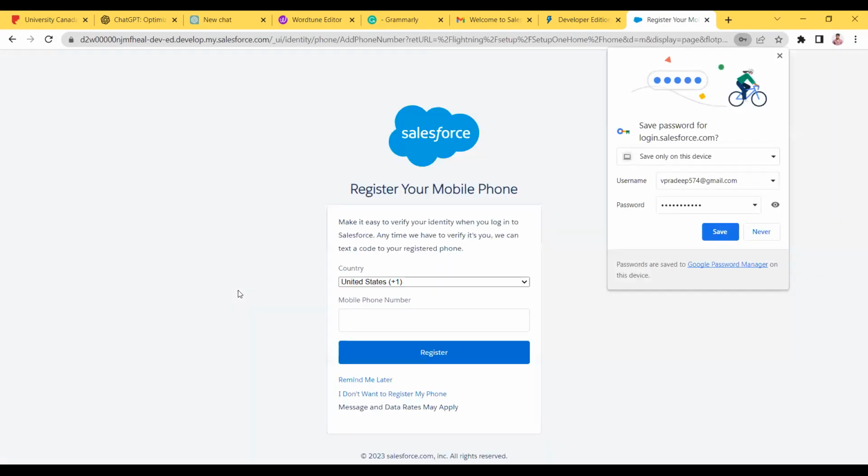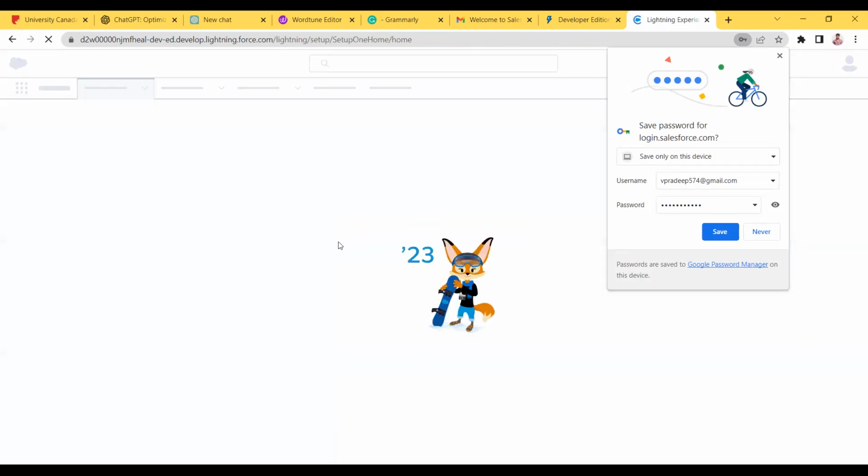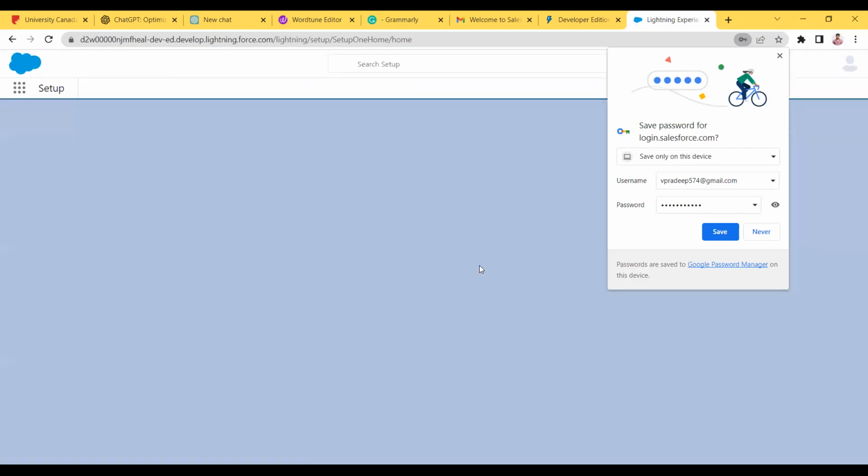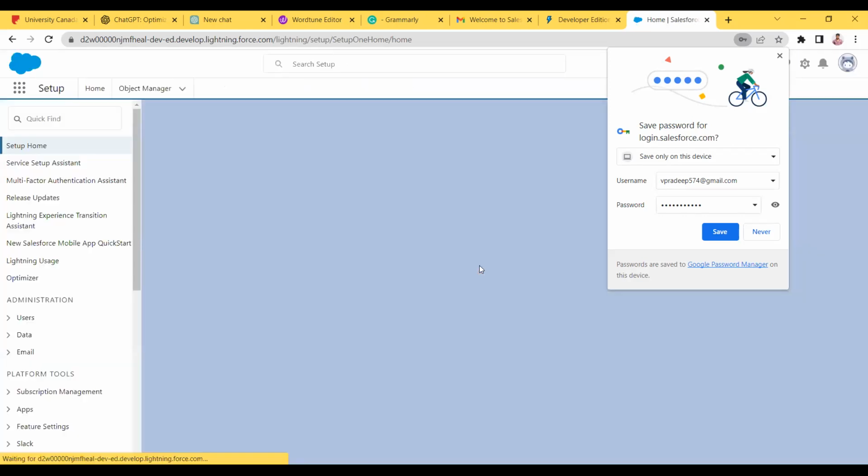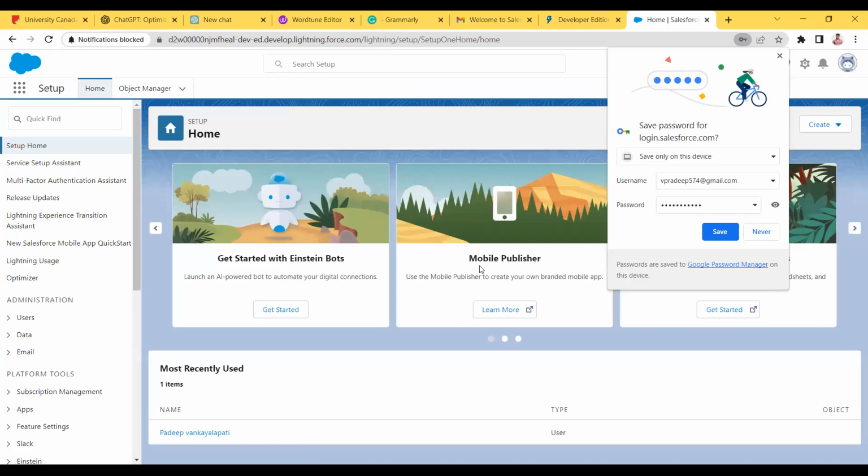So next time or third time, whenever you log in, follow this. Okay. Try not to register your phone number. Reason being, if you register, you will depend upon your phone number for getting the verification code. Since you are learning, just don't give your number every time for every place. Okay, just try not to give your number as much as possible.